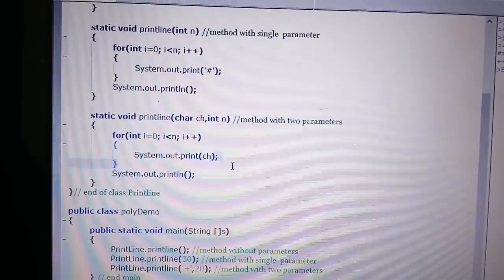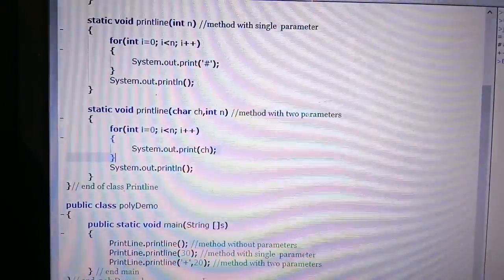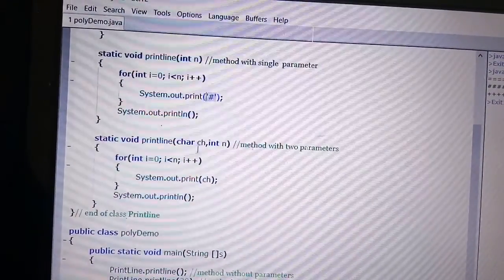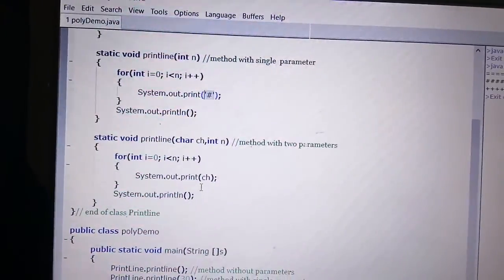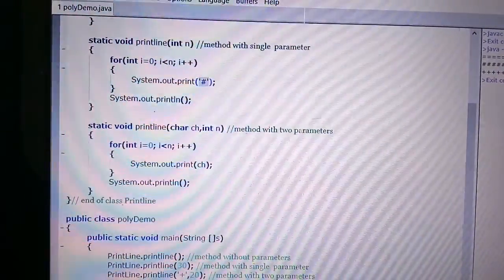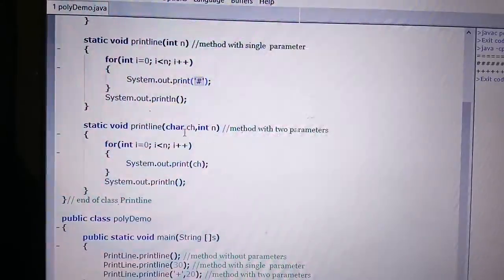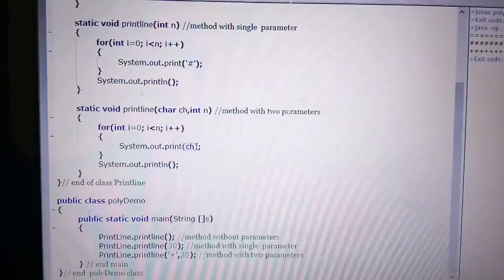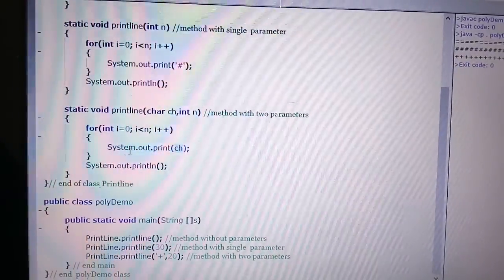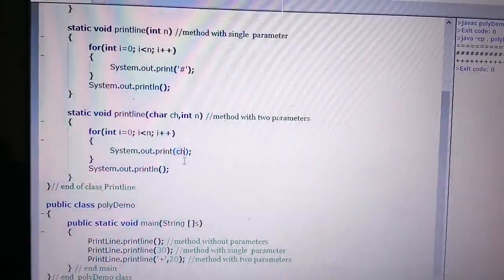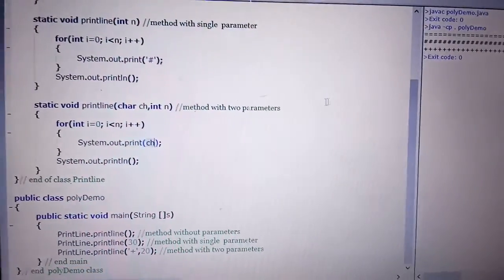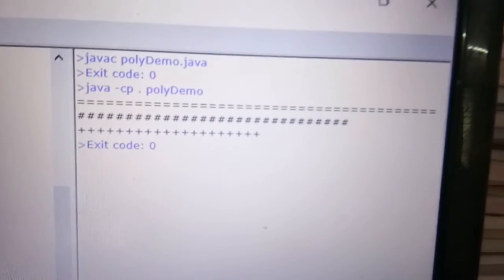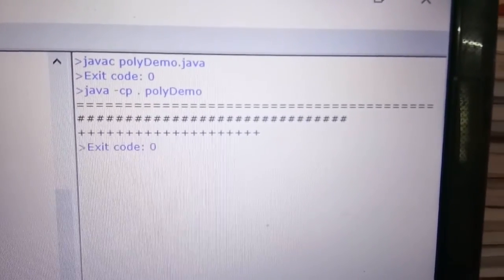Ch means a character, and that character is plus. Here also you have seen when it's a character you write it in a single quote. Here I already wrote it in a single quote, which is assigned to ch, and that ch is going to be printed, and that is plus. After printing ch, that is plus, 20 times, I go to my new line. So again moving to the output, you can see my plus is printed 20 times.